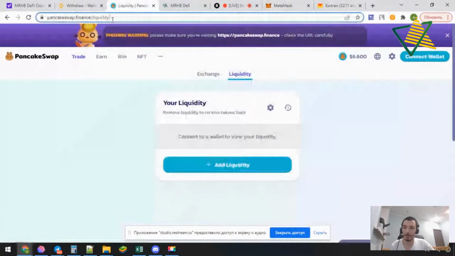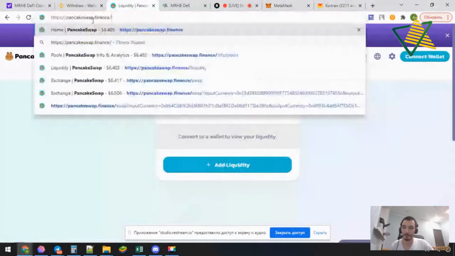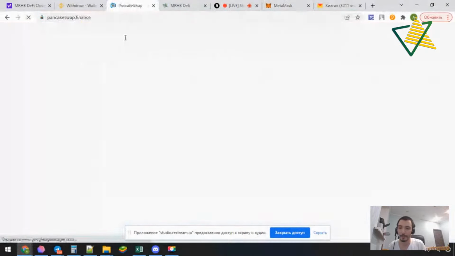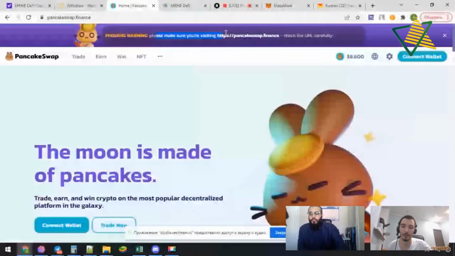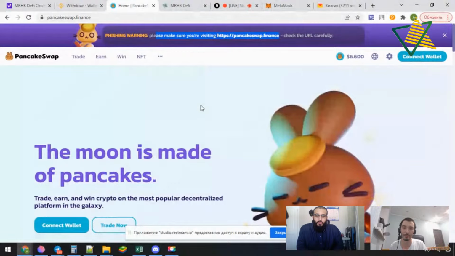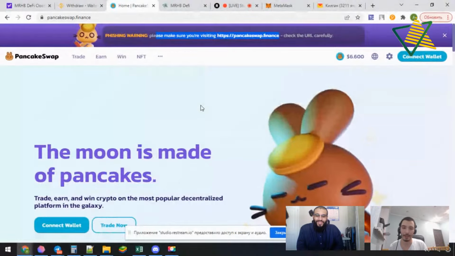Now when I open the PancakeSwap website, firstly you need to check that you are on the proper site, pancakeswap.finance. It doesn't have any other synonyms or aliases, so be careful. You can open a scam site and you can lose your funds.